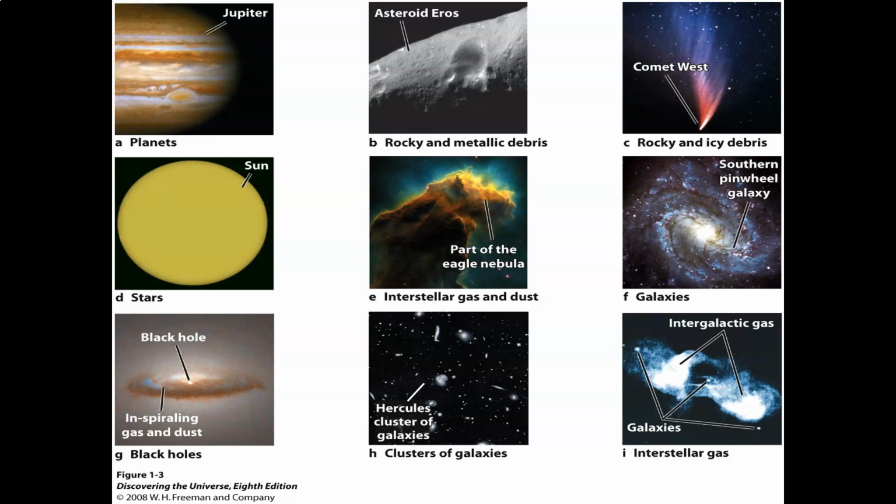And there are different kinds of asteroids. Some of them are rocky. Most of them are rocky and metallic debris. But there are 3 or 4 different kinds of asteroids depending on their composition. So some asteroids are more rocky with chondrite and carbon, and others are made with metallic debris. We also have comets, and comets are rocky and icy debris that goes through the universe, and most of the comets, of course,